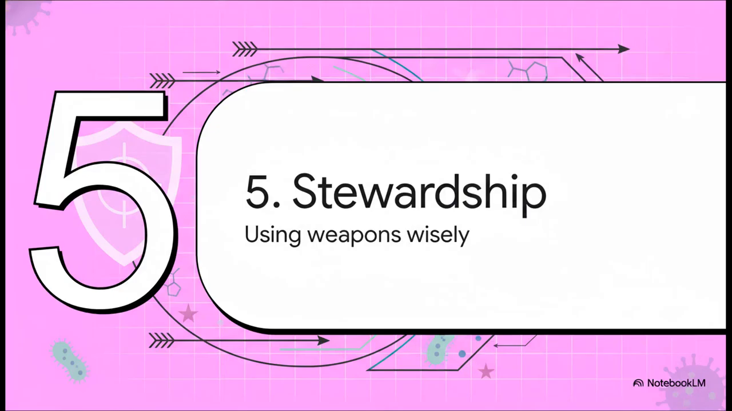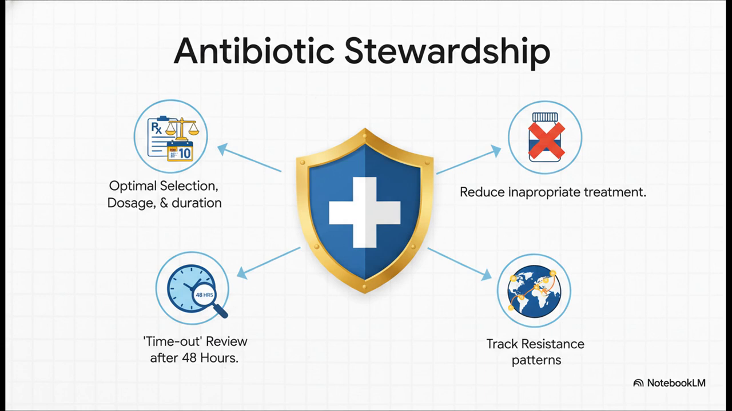Okay, let's pull the camera back and look at the big picture. Because having the best weapons and the sharpest intel doesn't mean a thing if you don't have a sound strategy. And that strategy is called antibiotic stewardship. At its heart, antibiotic stewardship is just a set of rules of engagement to make sure these precious drugs keep working for us in the future. It all boils down to using the right drug at the right dose for the right amount of time. It means we have to constantly be reviewing what we're doing, tracking resistance, and educating ourselves so we don't use